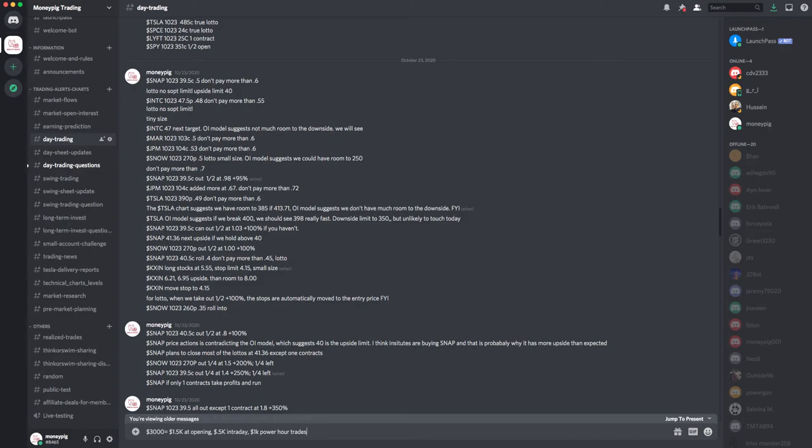Usually for Lotto Friday, like the regular days, for intraday we'll also reduce sizing. So for example, at the opening for lottos, maybe we'll throw 4 call contracts, small size. If you're a small account, you should only put 1 contract. And then for intraday, usually I might just put like 2 contracts for small size. And for a small account, maybe don't even trade intraday for Lotto Friday, because the chance of success is very low, especially